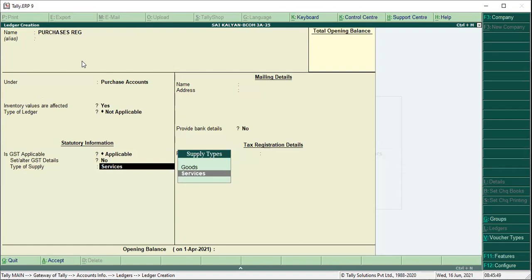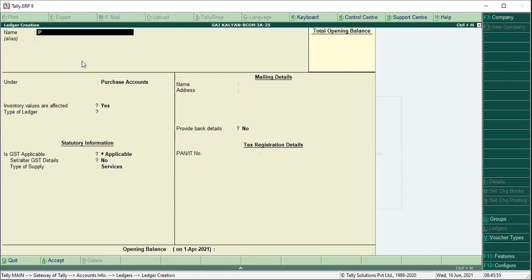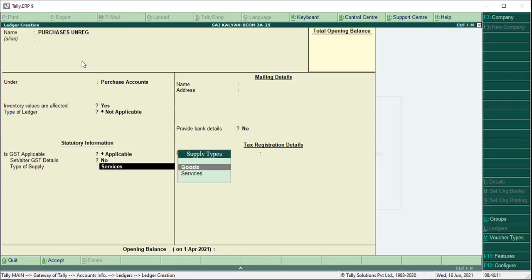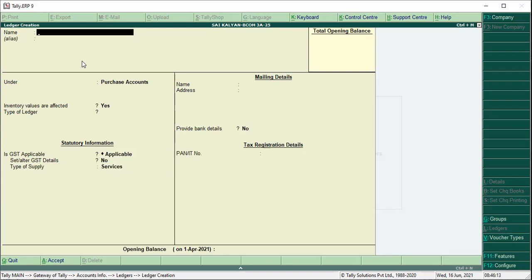Type of supply is goods. Then Ctrl plus A. Then we have purchases unregistered, short form UNREG. Same, no change. Instead of services, you select goods. Ctrl plus A. Now the third type of purchases, interstate.